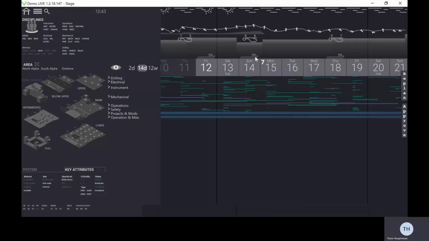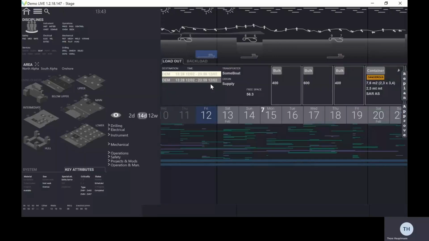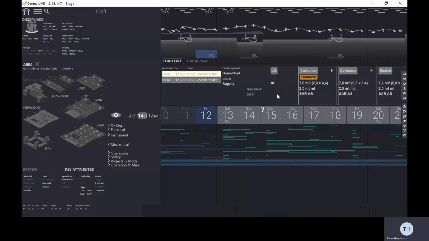dragging down, or by boats by doing the same thing. I'll illustrate with a vessel. By clicking and dragging down, the vessel information will come. We see where it came from, where it's going to, what's on board. Some of it falls off the screen. I can easily scroll to catch it. We see the backload. If I click backload,